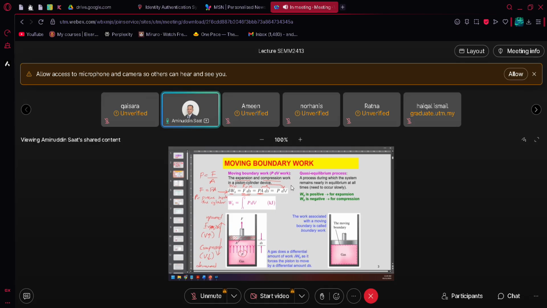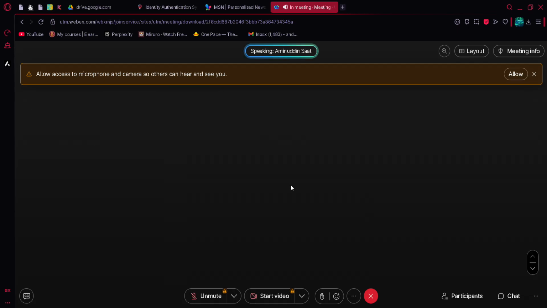So from the F ds, we can rephrase it because, like I said, in thermodynamics we don't really use force. We more likely use pressure. There is no property of force related to the working fluid, but we have a lot of pressure information compared to the force information. So that's why we need to